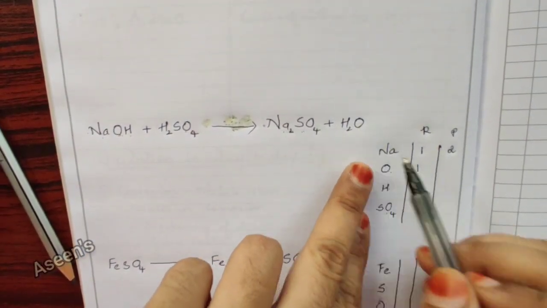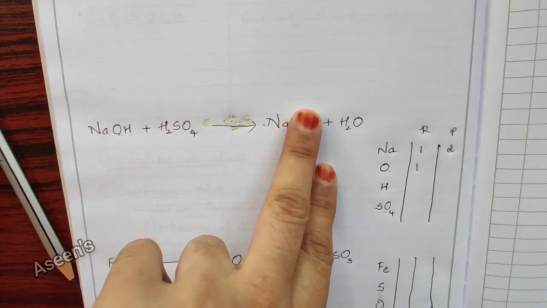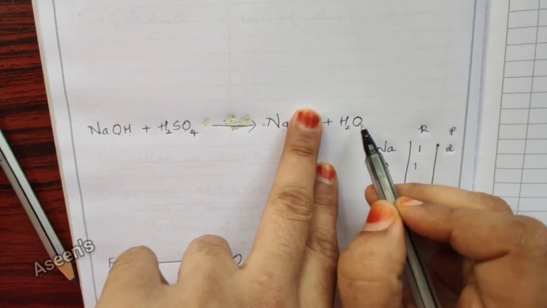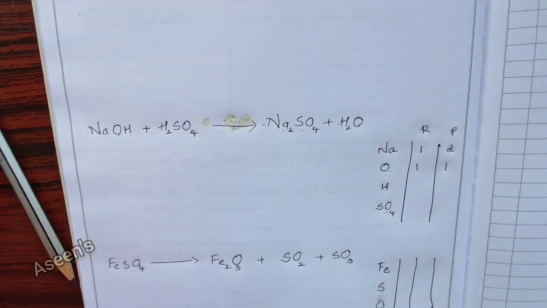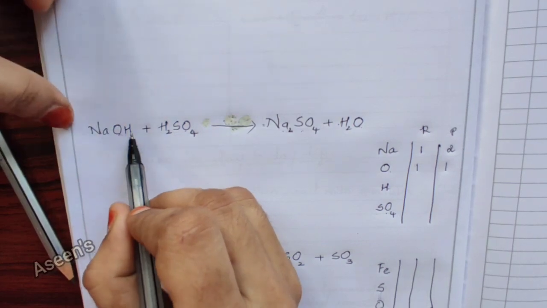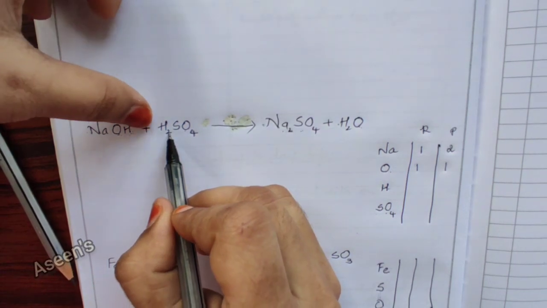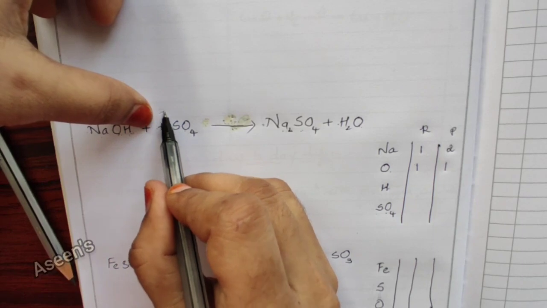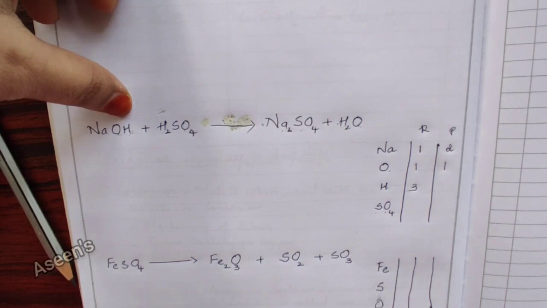Same thing goes on the other side for the product side. Here this is out of boundary because this is included under SO4. Here I'm going to check, and this particular one has no number, so it's 1. Next comes hydrogen. On the reactant side, I have got here no number, here no number, 1 1s are 1, and here again no number and 2. 2 1s are 2. So 1 plus 2 is 3.